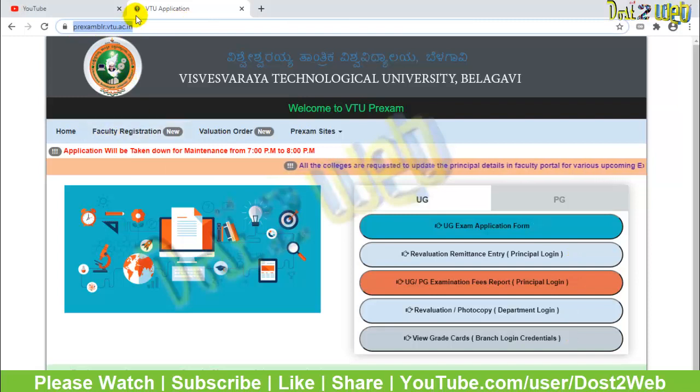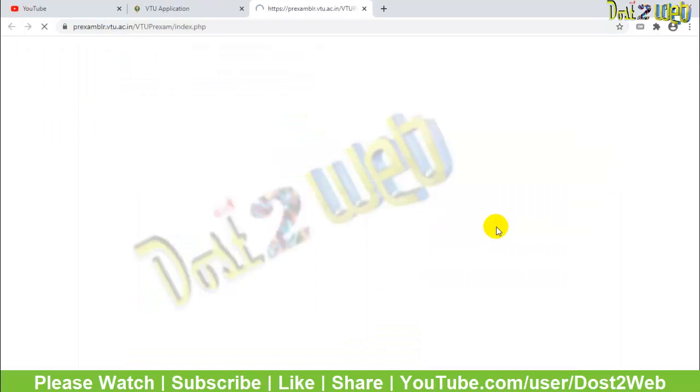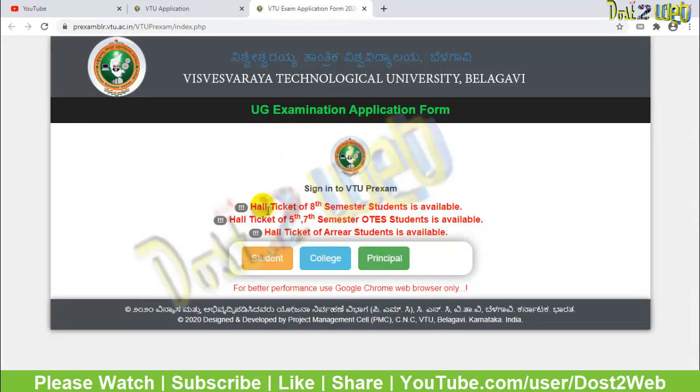So guys, you can type prexam.vtu.ac.in, and it will get redirected to prexam.blr.vtu.ac.in, or you can directly type prexam.blr.vtu.ac.in. So you have the option here called UG exam application form. Click on that. Once open, you'll be able to see the portal that is stating that hall ticket of 8th